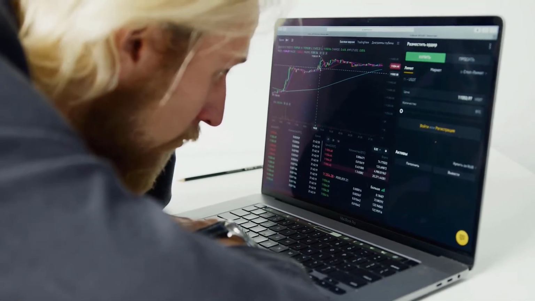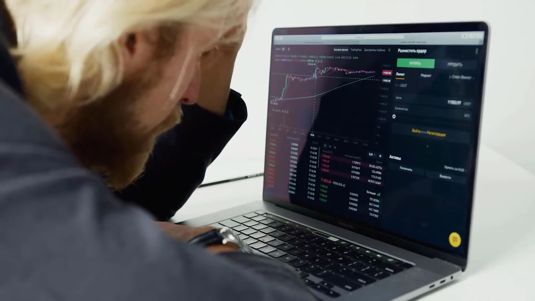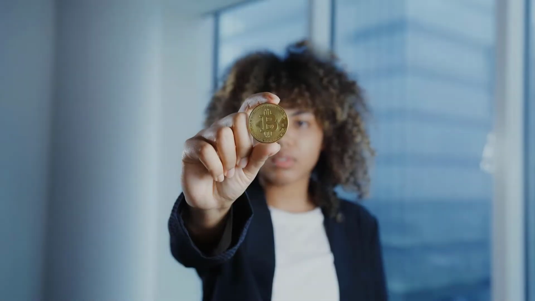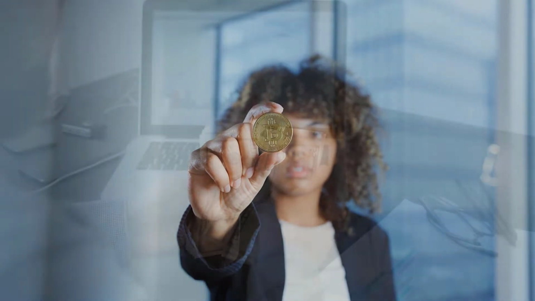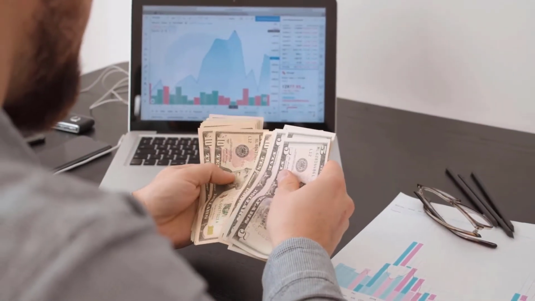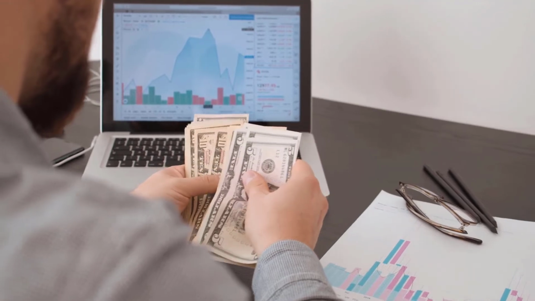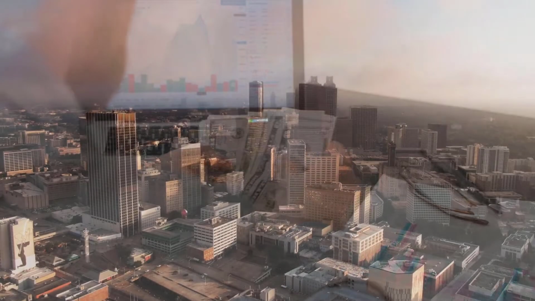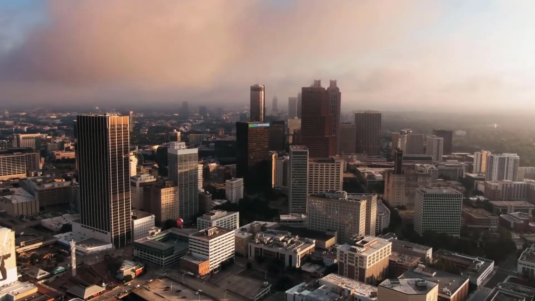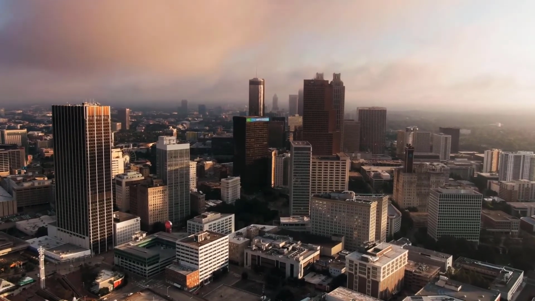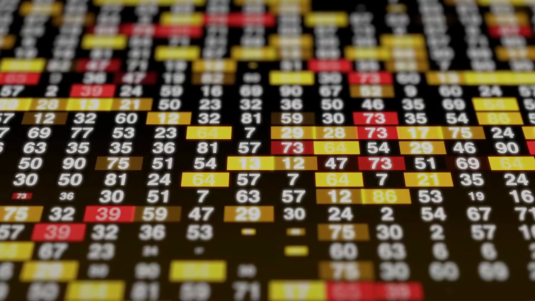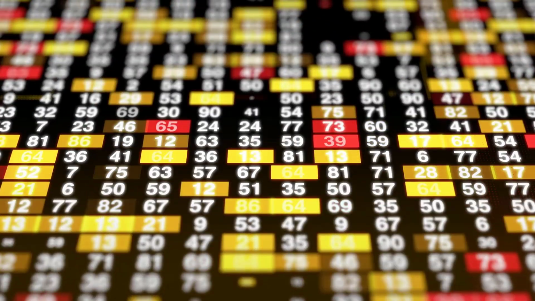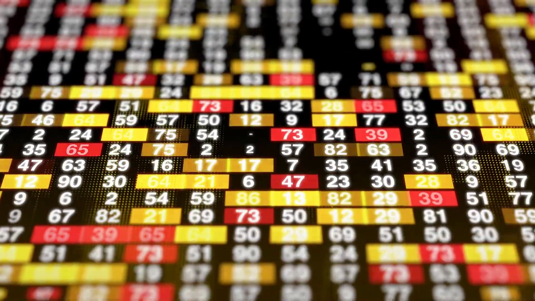GRT price prediction for 2025. According to our GRT pricing estimates, new developments could push the GRT value up to $1.27 before the current year's over. GRT price prediction for 2030. Investors should expect a turnaround toward the end of 2030, when the graph's acceptance will have expanded significantly and the GRT coin will no longer be a new kid on the block to the universe of cryptocurrencies, but rather a seasoned player. As per our GRT